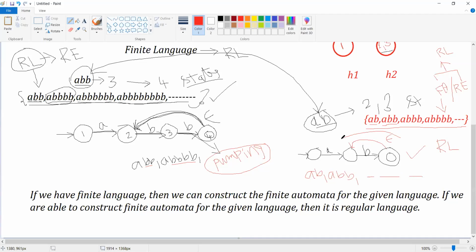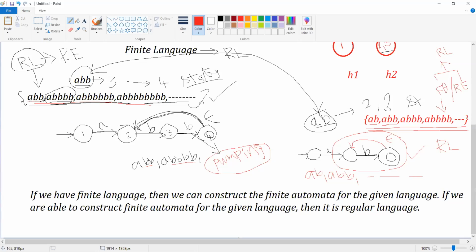And this part is called the pumping part. Now, if you observe thoroughly, whether you take this language or this language, I am searching for some looping pattern. What is that pattern over here?